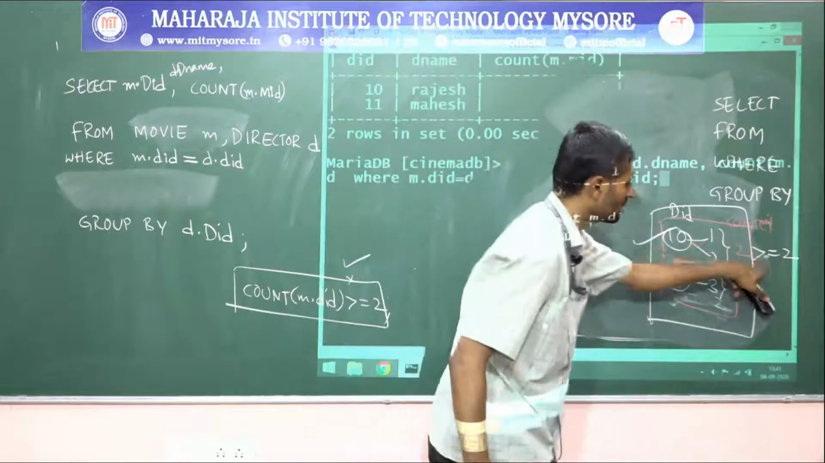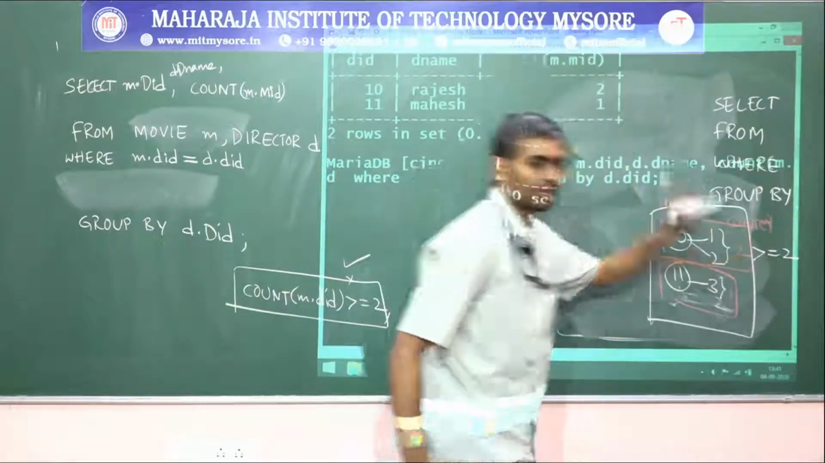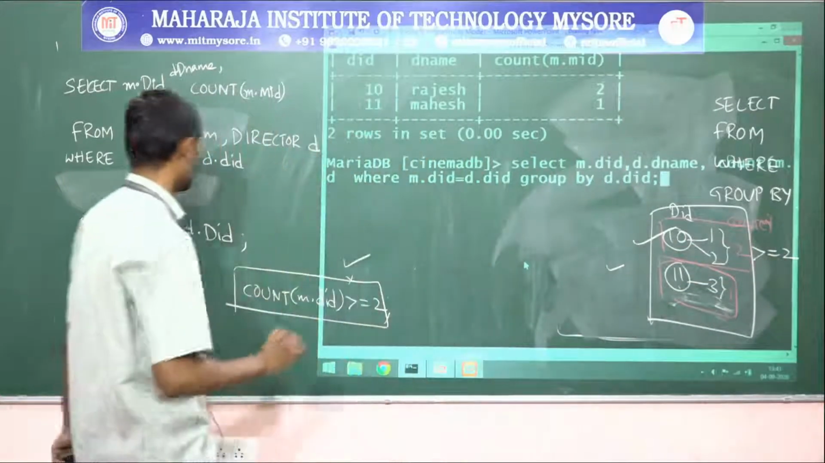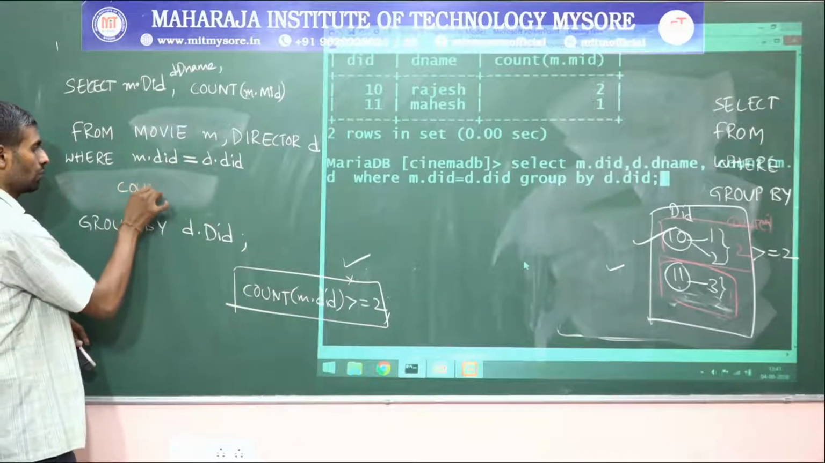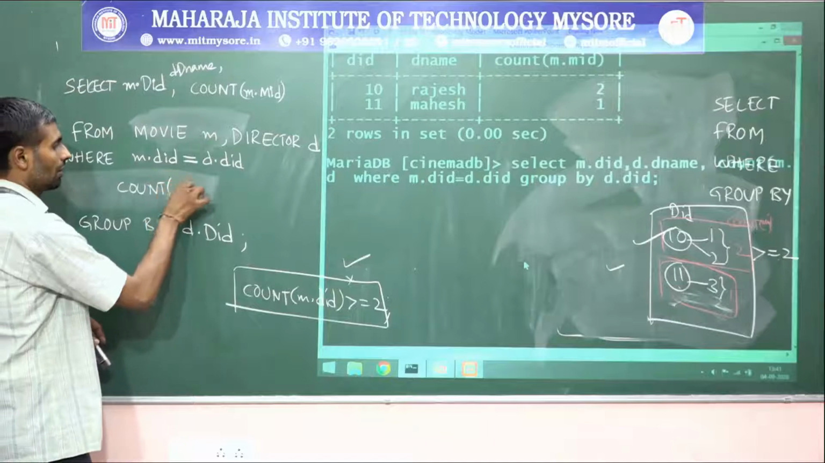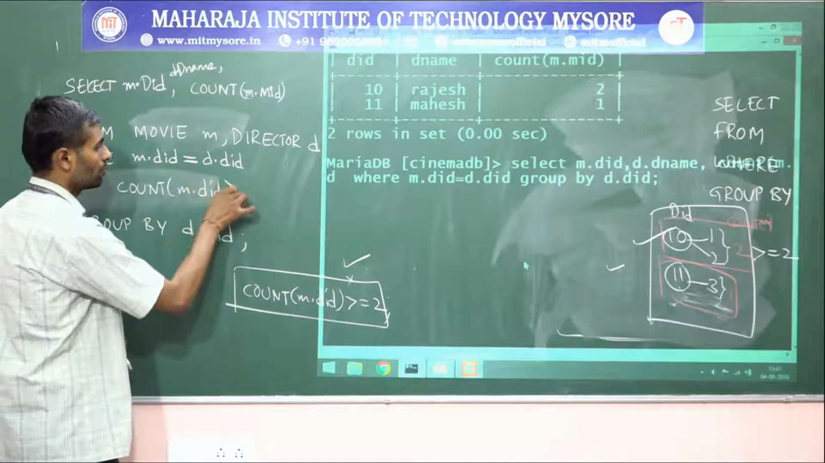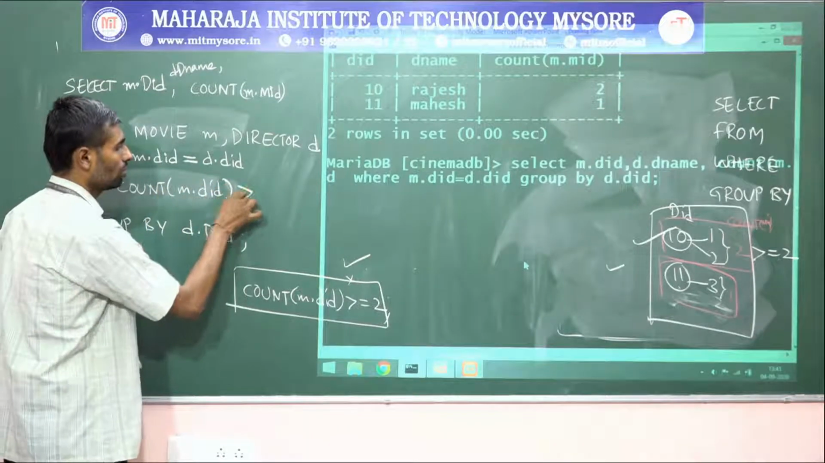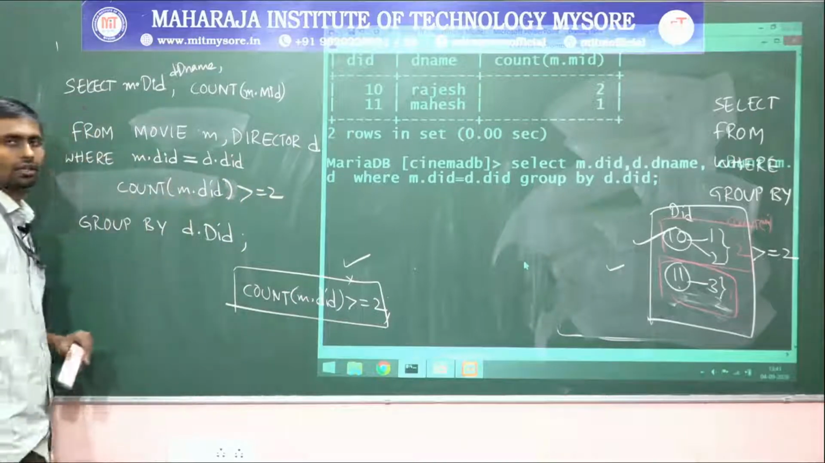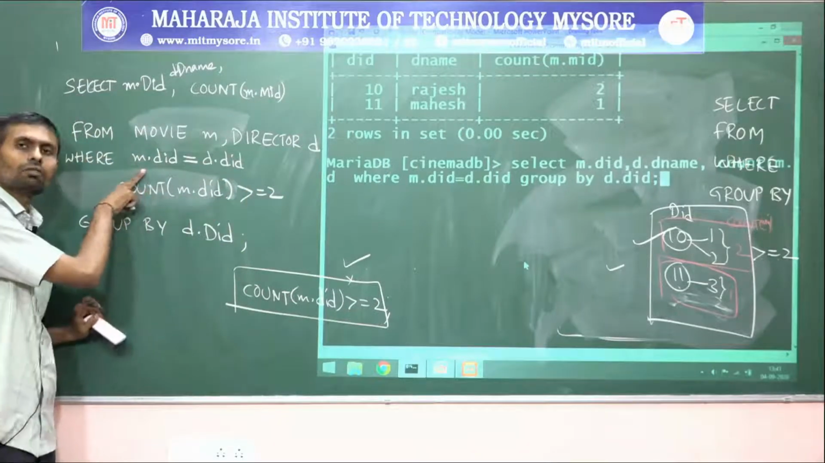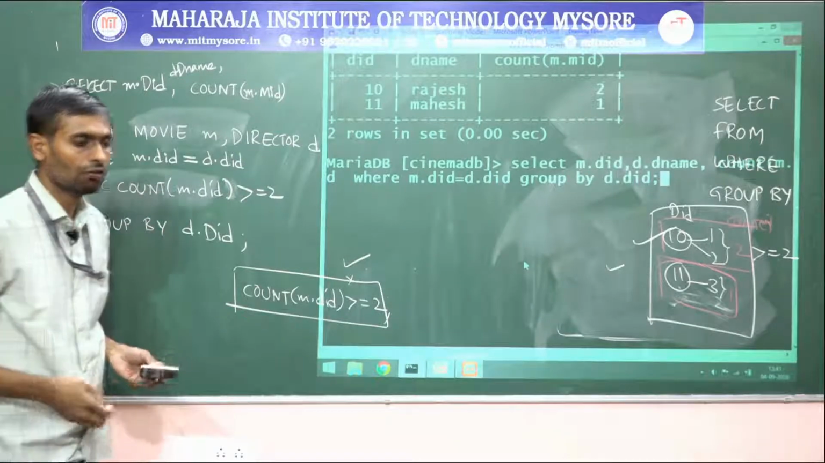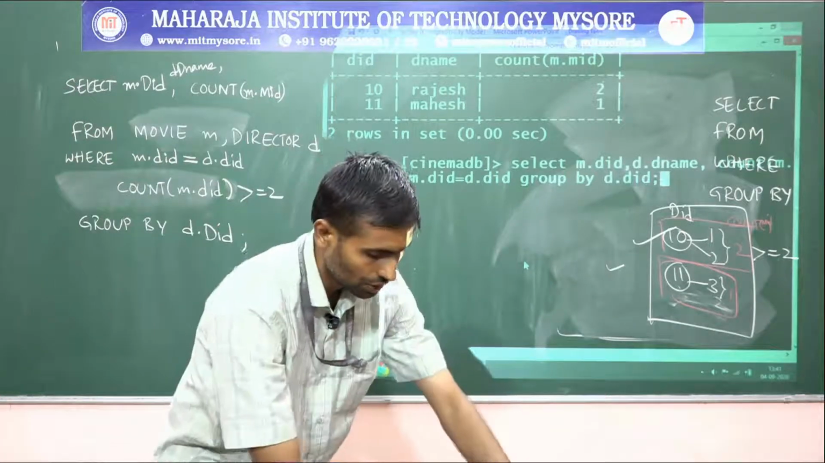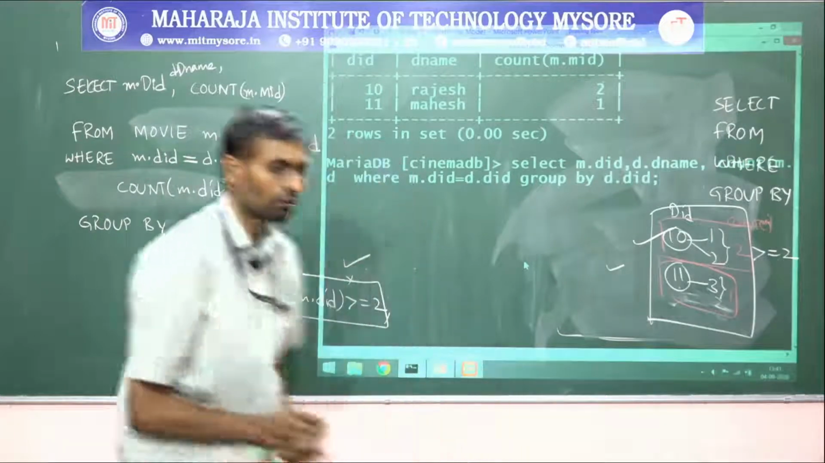One more additional thing I want to add is that count should be greater than or equal to 2. Only this condition I want to write. So the statement I want to add here is: count of m.did should be greater than or equal to 2. Already we have written one condition, and I want both the conditions to be